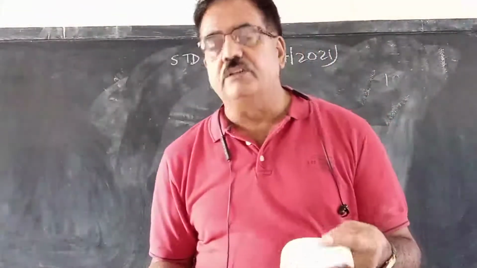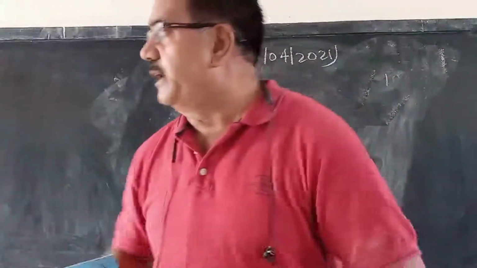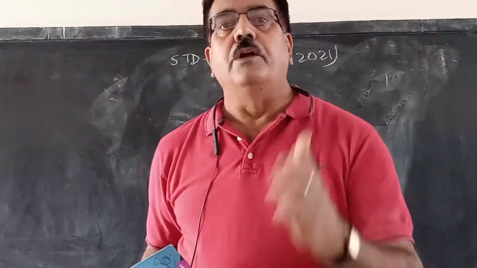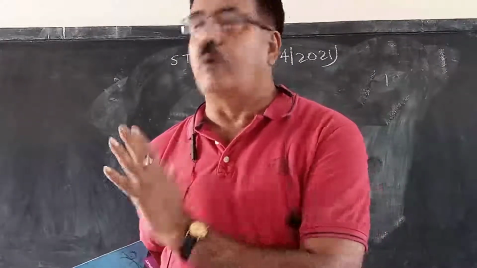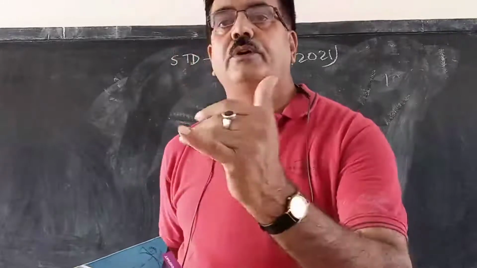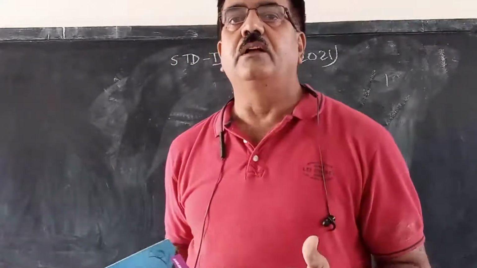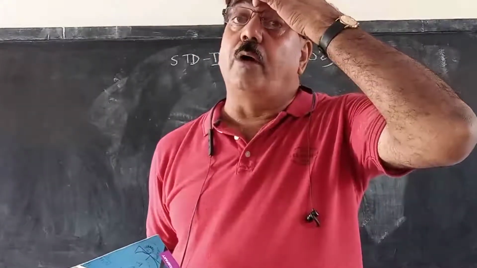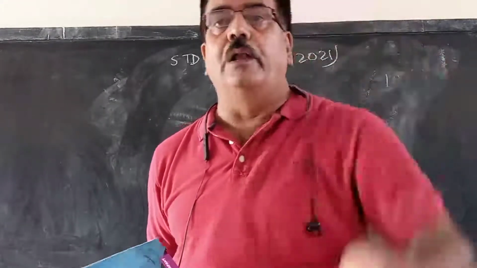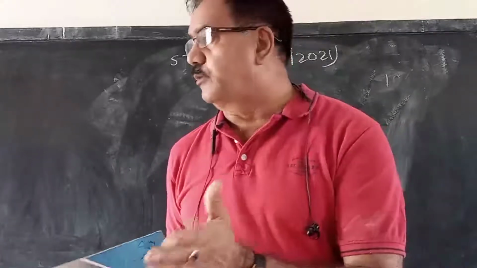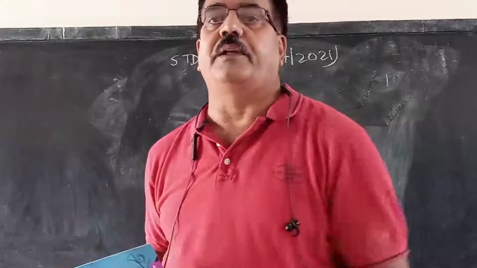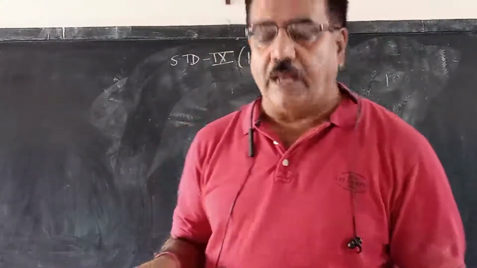So, some more questions I am going to solve today. Next class, I will explain how to find the amount and compound interest when it is given half yearly and quarterly. Today, I am simply going to solve some more questions in which you have to find the compound interest and amount annually, and a second type of question where the rate for different years is given differently. Right? Then how will we calculate?